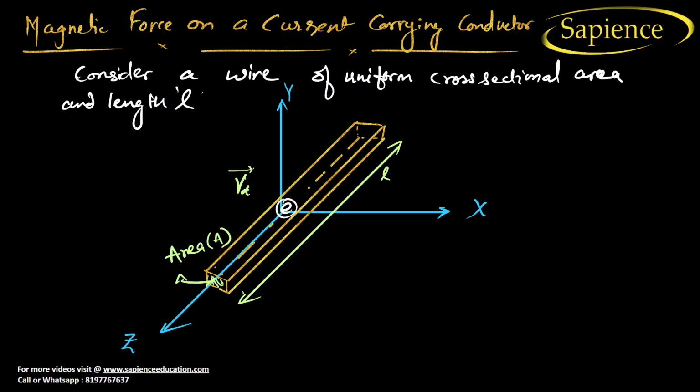Now, magnetic force on a current carrying conductor. Consider a wire of uniform cross section. This is the wire having an area A and drift velocity v_d. What is drift velocity? Drift velocity is the